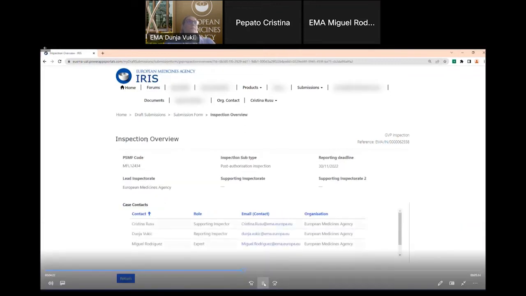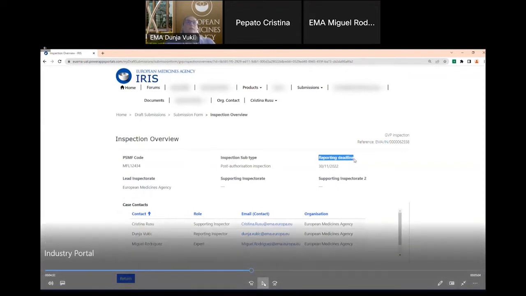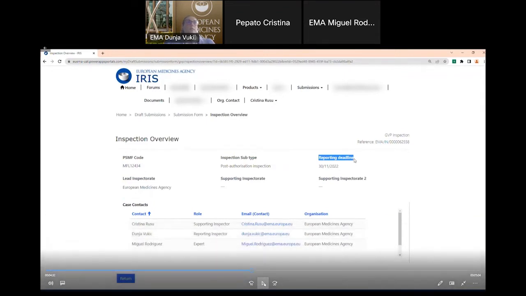Here you have some basic information about inspection. There will always be a PSMF code for your PD system. There will be a type of inspection, post or pre-authorization, and you will have the reporting deadline. Please take a note of the reporting deadline now of 30th of November, because we will also cover the changes later. And you have the information about the inspectorates involved in this inspection, 1, 2, 3, depending on the inspection,